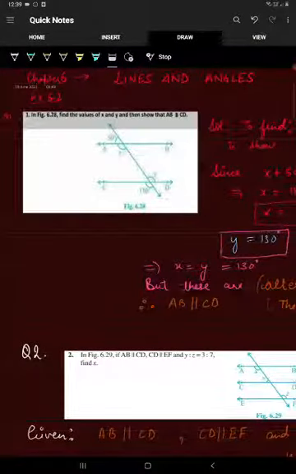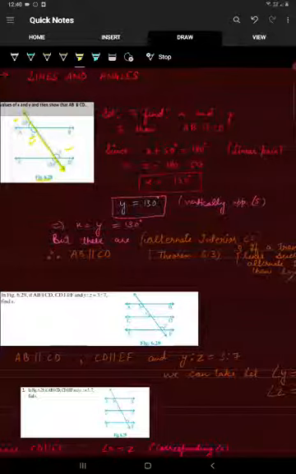Now students, if we observe the figure, these two lines are given, and this slanting line is the transversal, because this line is intersecting the two lines at different points. If you observe this slanting line, this is a straight line, and the angles x and 50 degree are the angles on the straight line. So we can write x plus 50 degree is equal to 180 degree. The reason is linear pair. From this we can find the value of x, which comes out to be 130 degree.